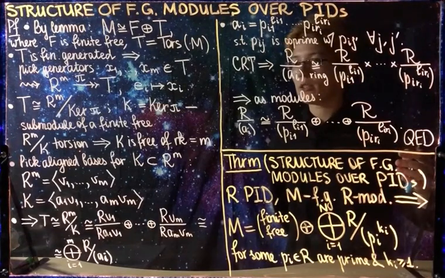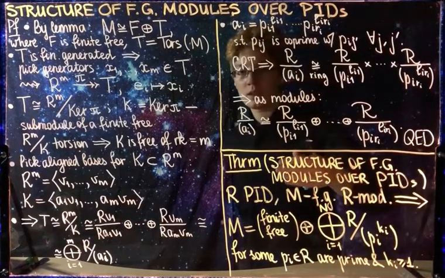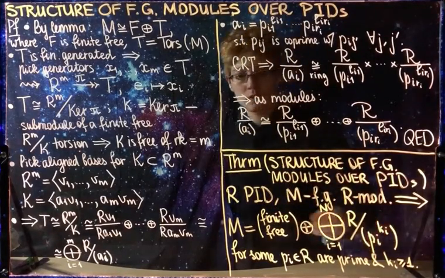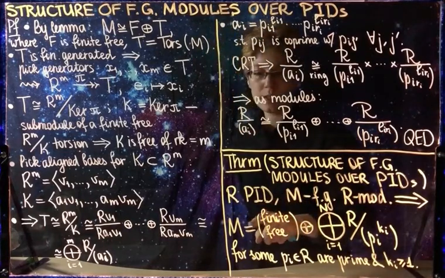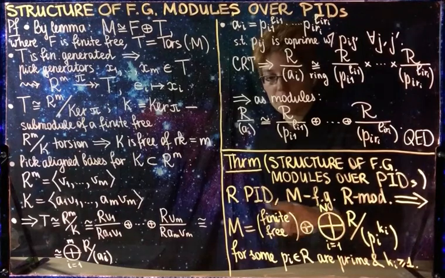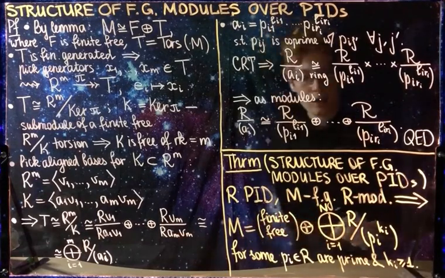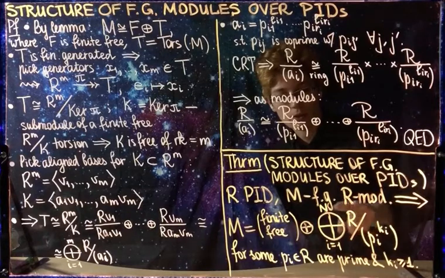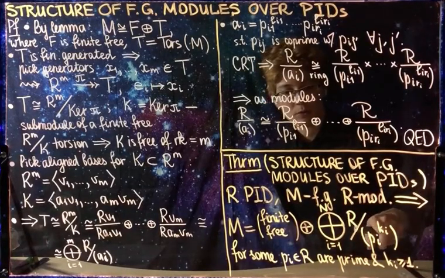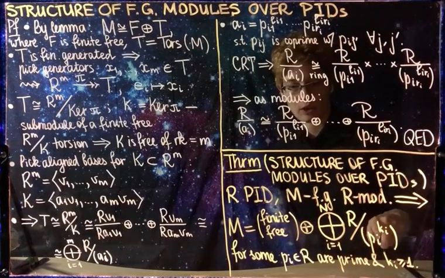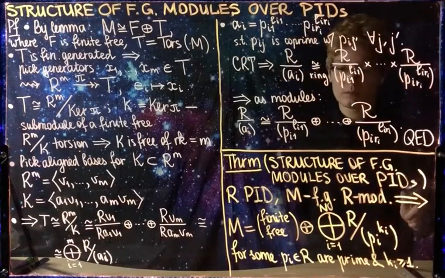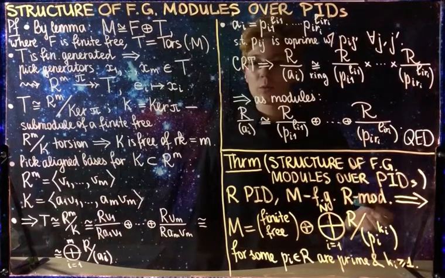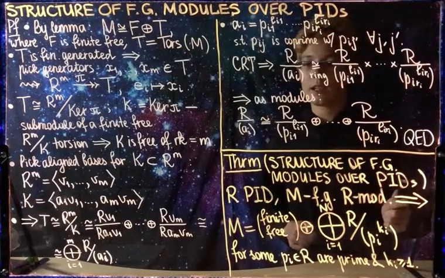I just want to mention that by doing some more work, you can prove a uniqueness result on this decomposition. So, for example, you can see immediately that this finite free module has fixed rank because it is in fact uniquely determined by M, because it is M quotient out by the torsion. But also you can formulate a similar uniqueness result for this part, so that after permuting factors and multiplying by units, this part would also be unique. But I'm not going to prove it, and instead I would like to focus on very exciting corollaries of this structure